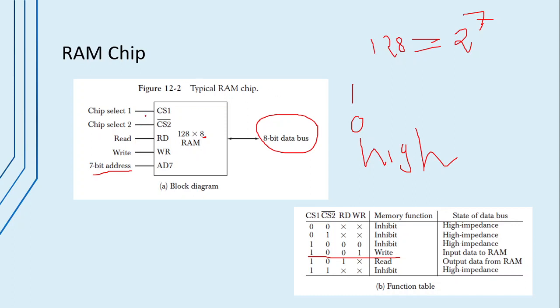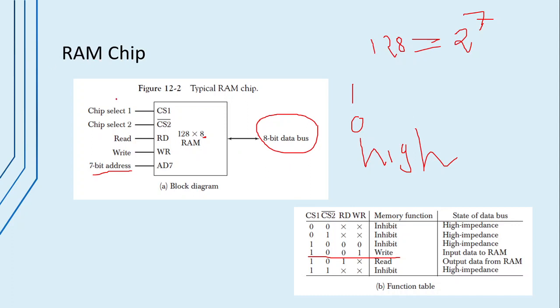Now whenever both chip selects are set to 1, again this is an example of the high impedance state, so no operation will be performed. So by using these RAM chips you can perform read and write operations. By seeing this functional table, you can say that whenever your CS1 is equal to 1 and your CS2 is equal to 0, only then can you perform the operations. Otherwise your circuit will go into the high impedance state. High impedance state means what? Your circuit will look like an open circuit, so no operation will be performed.